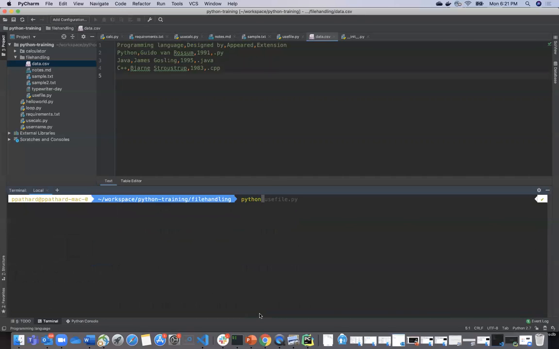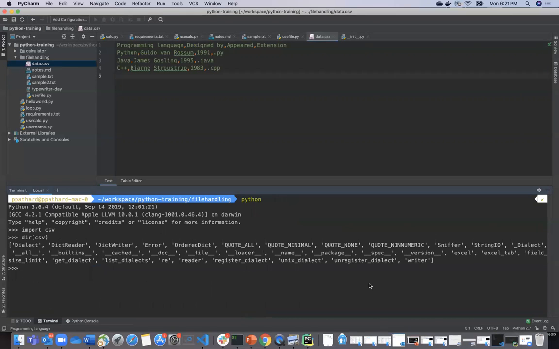Let me type python and do import csv and dir of csv. As you can see, there is some functionality available here. There is an option called reader, and there is an option called writer. As you can guess, these are used to read the CSV and write into the CSV.